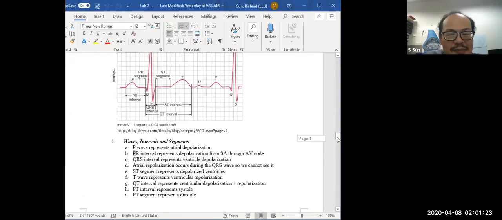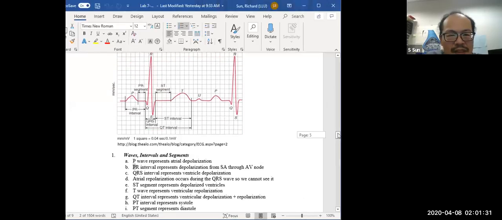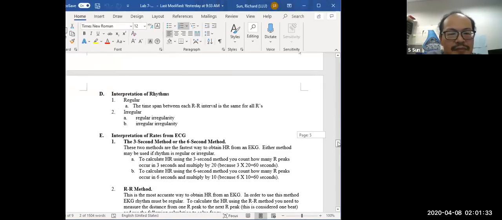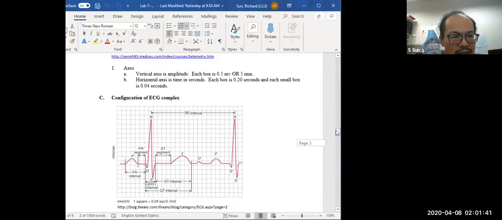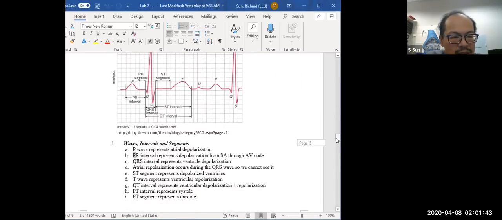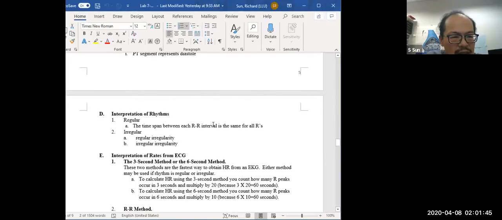So that basically provides you a normal, healthy, typical ECG. And then some rules to see. Interpretation of the rhythm means that